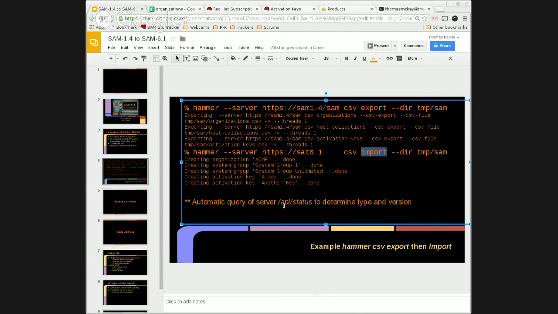And under the hood, some of the work I've done in the past sprint has been to more fully enable and make user-friendly both the export and import. It'll import things in proper order. For example, you can't create an activation key until you have the organization created, so the import command orders things